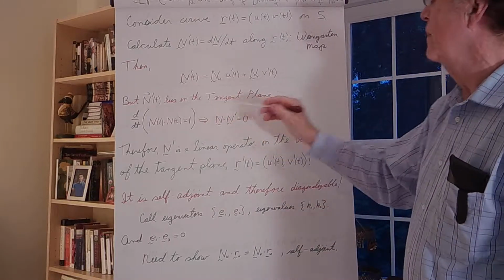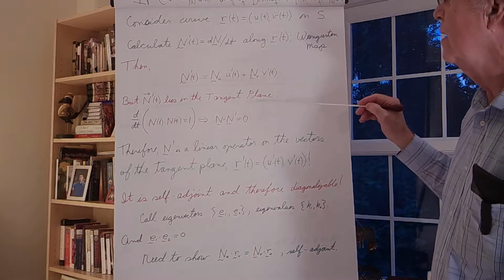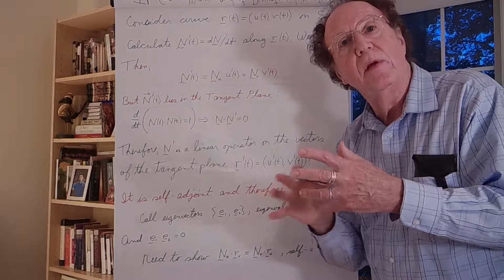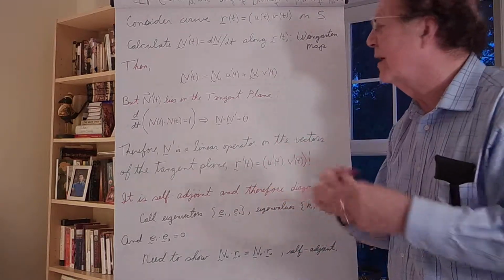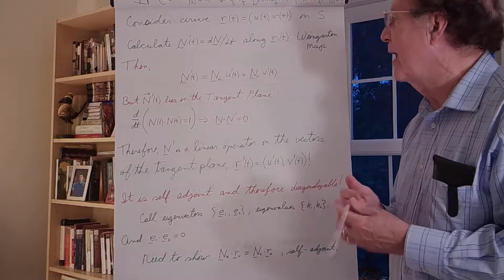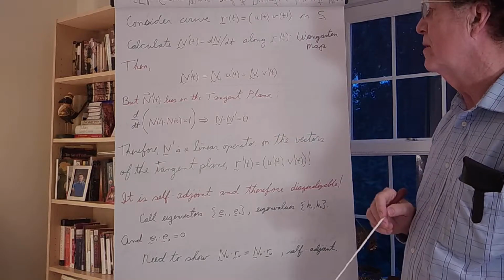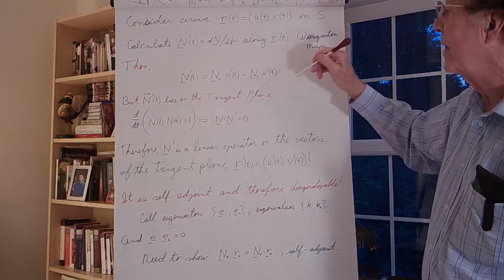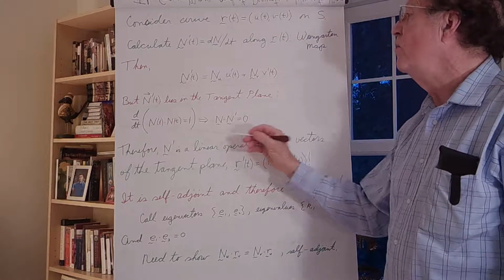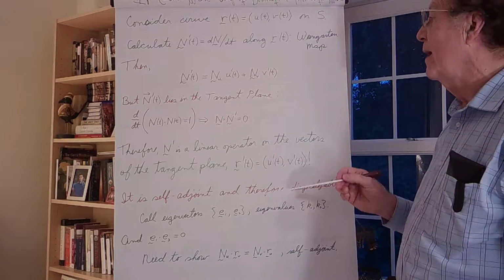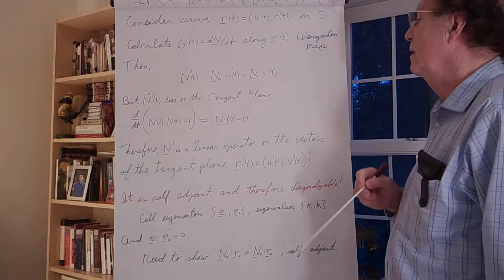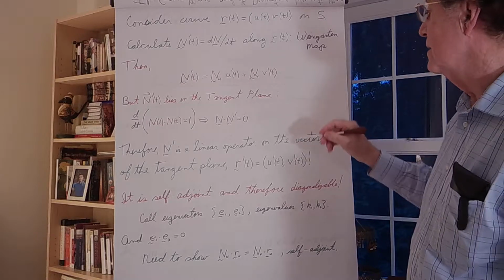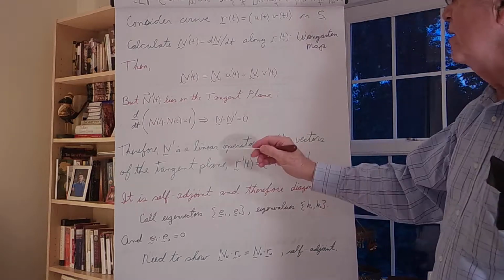Now n prime lies in the tangent plane. Why is that? Well, this is one of those equalities that we're going to be using again and again, a kind of generic derivation that we'll use again and again. We notice that n is a normalized vector; its length equals 1. If I differentiate that with respect to the parameter, then I learn that n dot n prime is equal to 0. As n moves, it preserves this normalization, and that will only happen if n is perpendicular to its rate of change. So n prime therefore lies in the tangent plane,